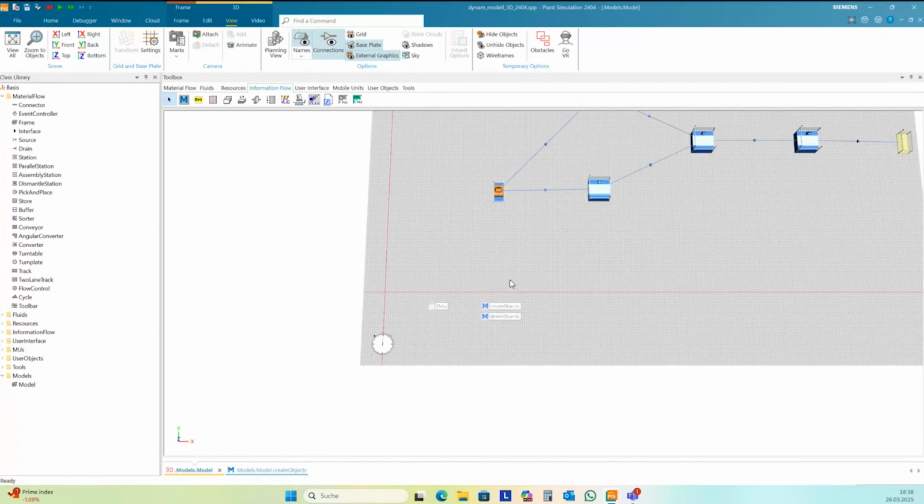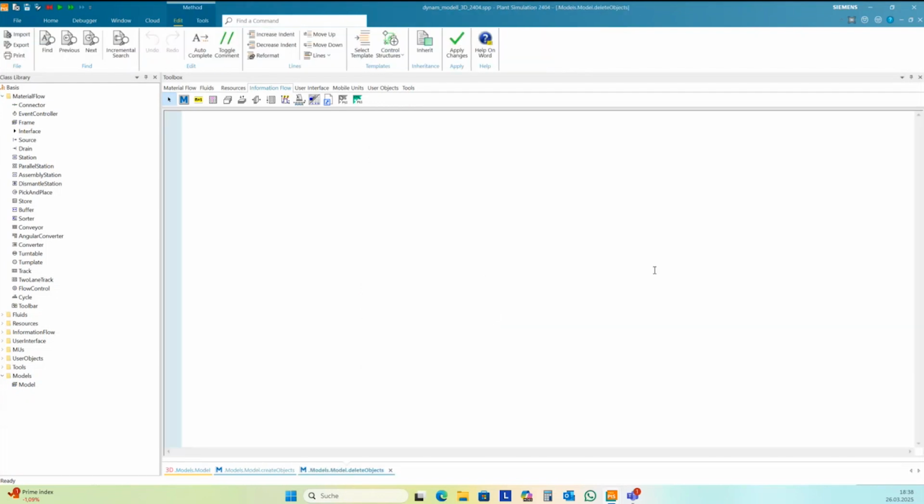And I need to run through the complete frame and decide, okay, this I want to keep, this I want not to keep, and then I want to delete this. And if you want to do such things, then the frame itself provides methods for this.